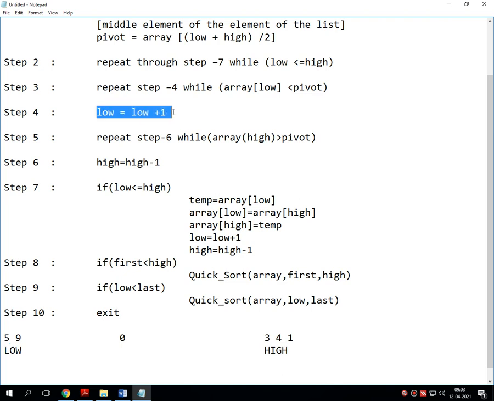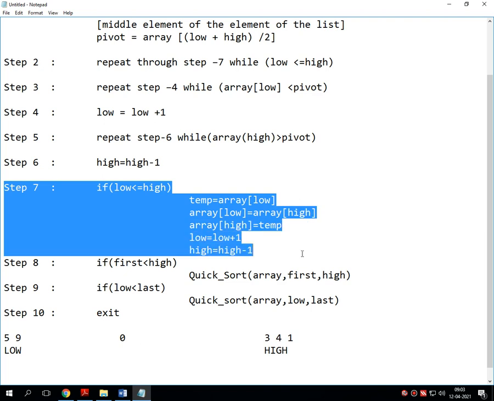So for that, here I have written low equals to low plus 1 and high equals to high minus 1, and during this, step number 5 will work, which is actually the repetition of step number 6, where it checks every value on the right hand side should be greater than the pivot element. So as you can see, 0 is the pivot element, and 3, 4 and 1 are the highest values.